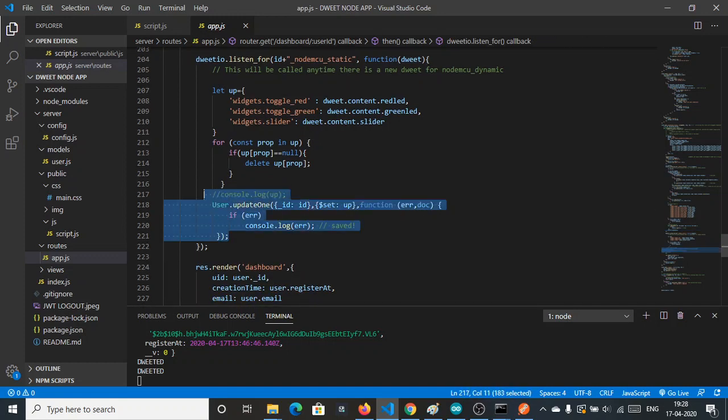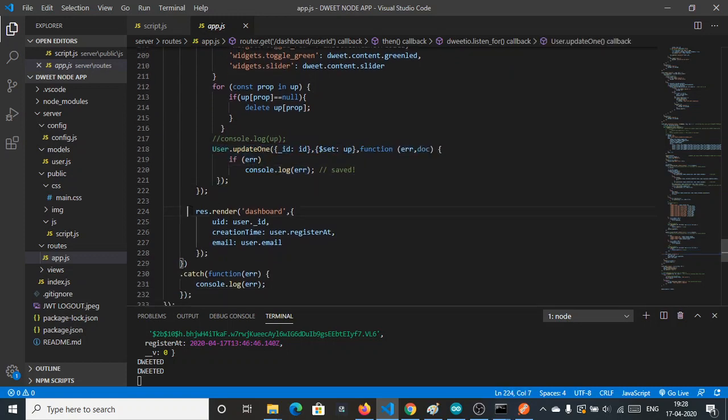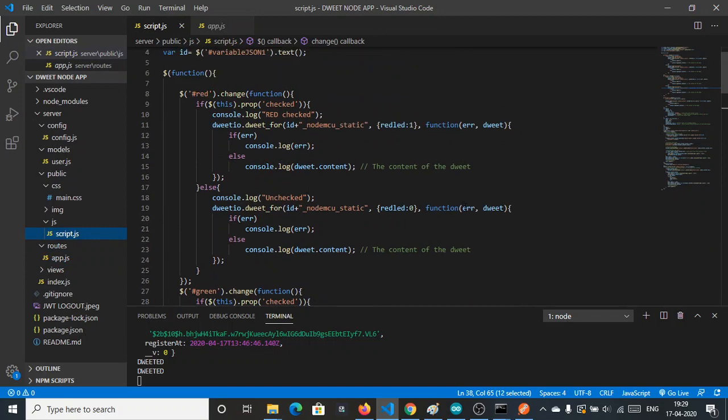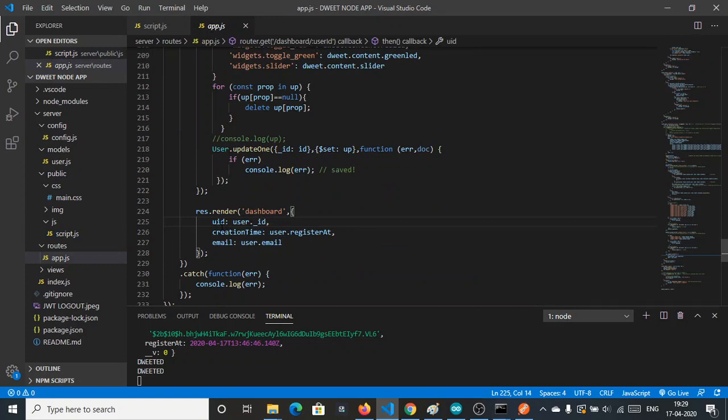in our user schema. After all this, we are rendering the dashboard, sending the UID, creation time and email to the client end, to the EJS file. Fine. And this UID is very useful because the UID should be used at script.js, so the UID is received here as variable json.text. As you can see here, UID is sent to the dashboard.ejs file, and